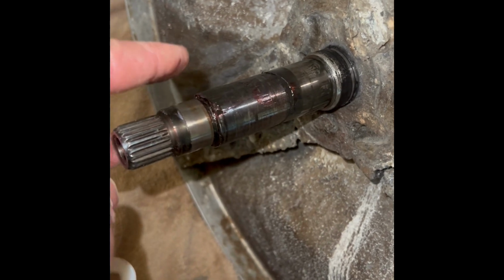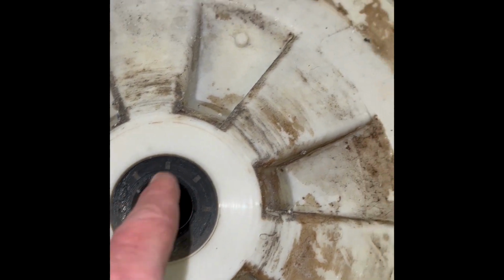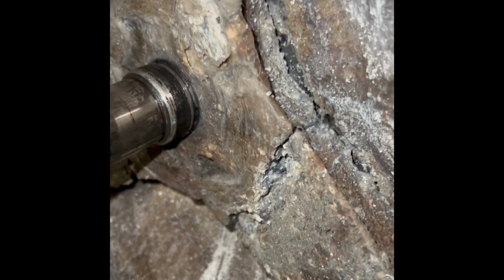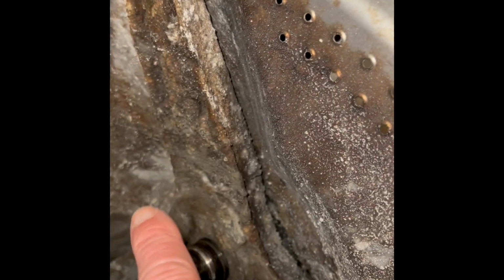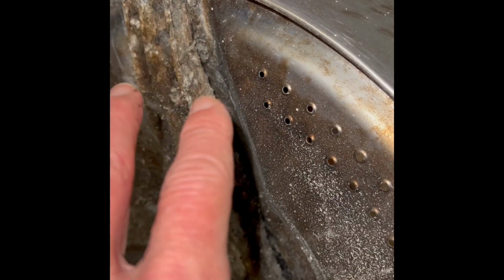So here's the shaft. There's the rear bearing, which was fully intact. There's no leak there. It was doing great. But the spider bracket broke. It's made out of an aluminum alloy, and it's combined with a nice stainless steel tub. But because you have aluminum and stainless steel and you have the corrosive detergent and water, it does corrode over